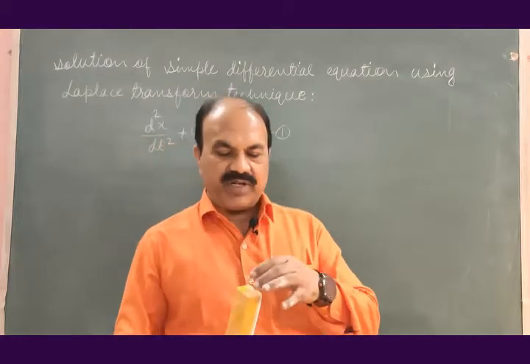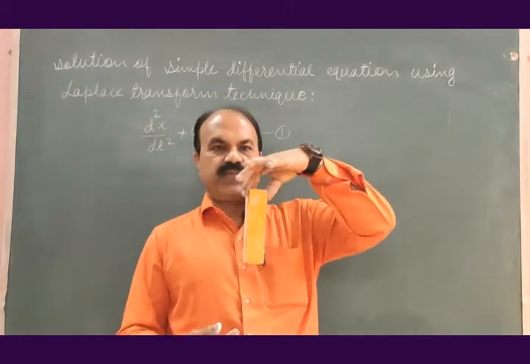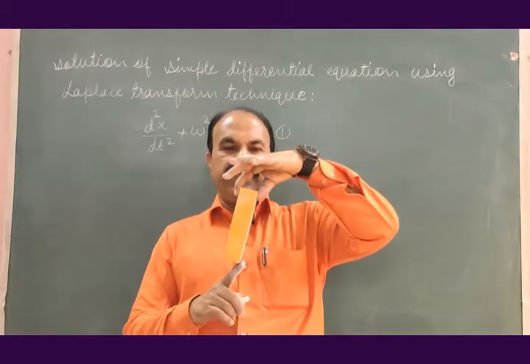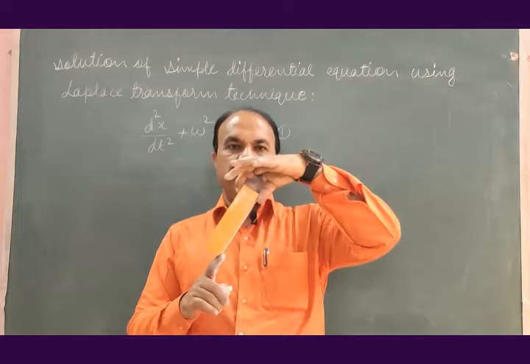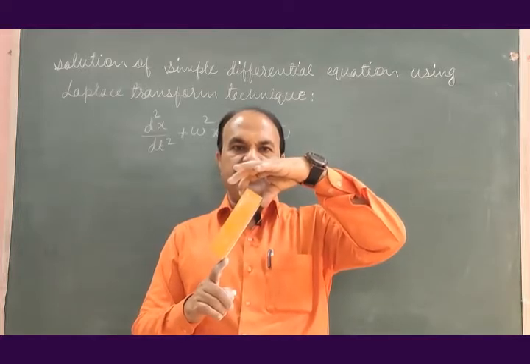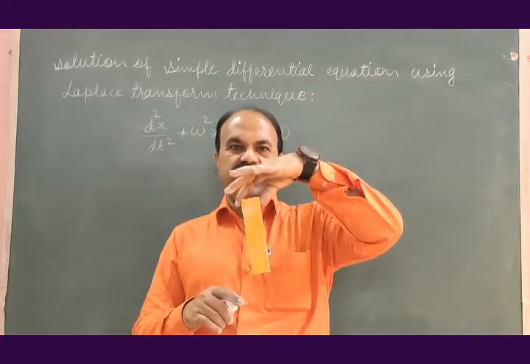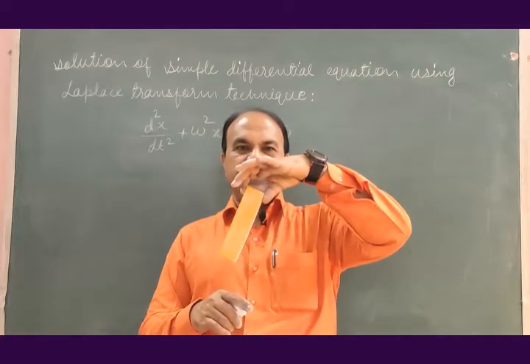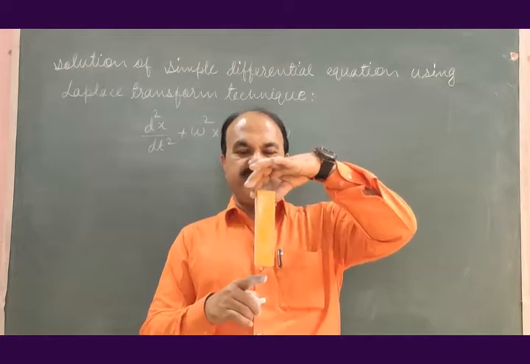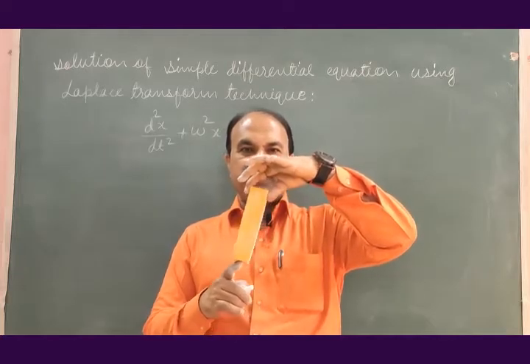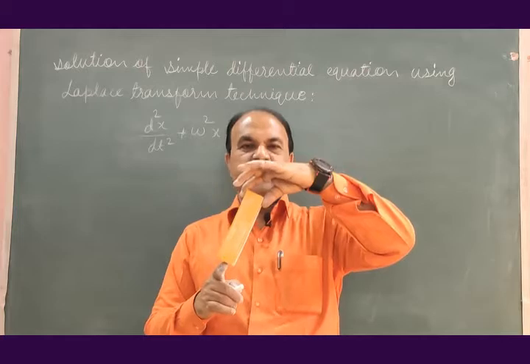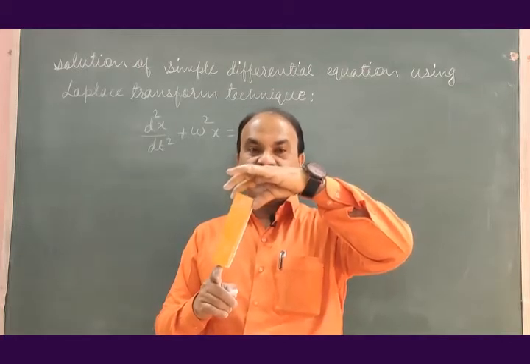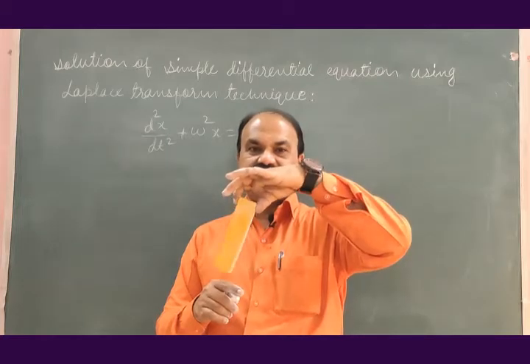How to start the simple harmonic motion? This is the body. It is at the mid position. Take it to one extreme away from the mid position and release so that it will start performing simple harmonic motion. What is the initial condition? The body is taken from mid position to one extreme, either to the left extreme or to the right extreme, and from this the oscillations will start.